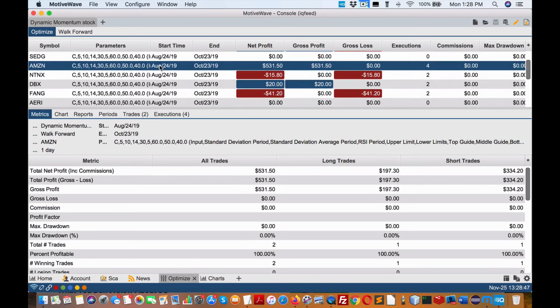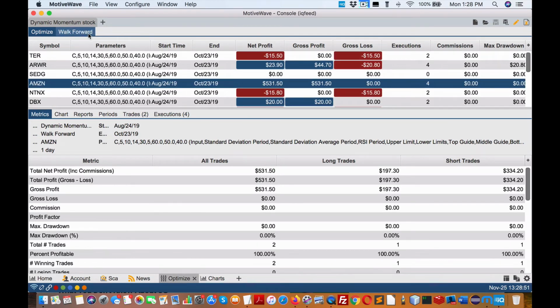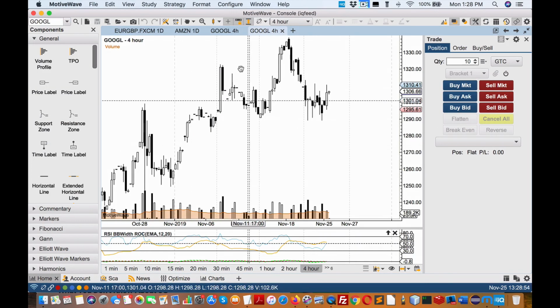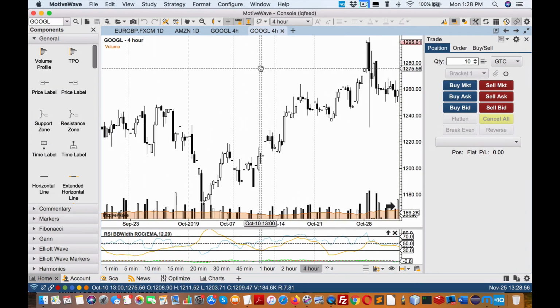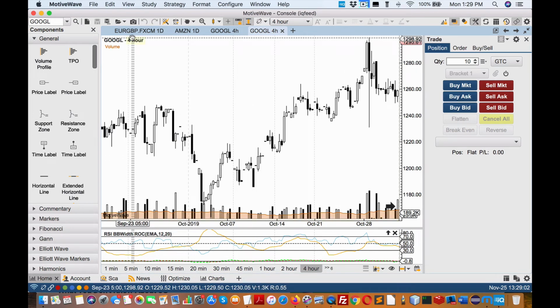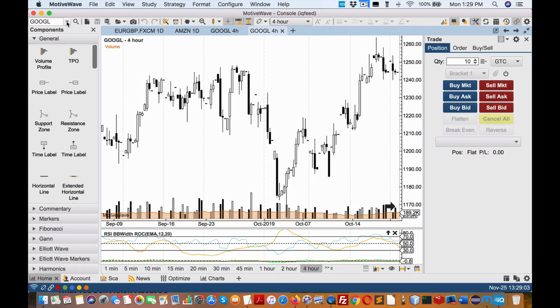So I don't even know where to begin on this. So stock is definitely not the place to be in. I mean, to be honest, it's really in the Forex. Surprisingly, and I don't think that I've even included, see, we have here a bunch of stock here, but going back to the Forex on the optimize,